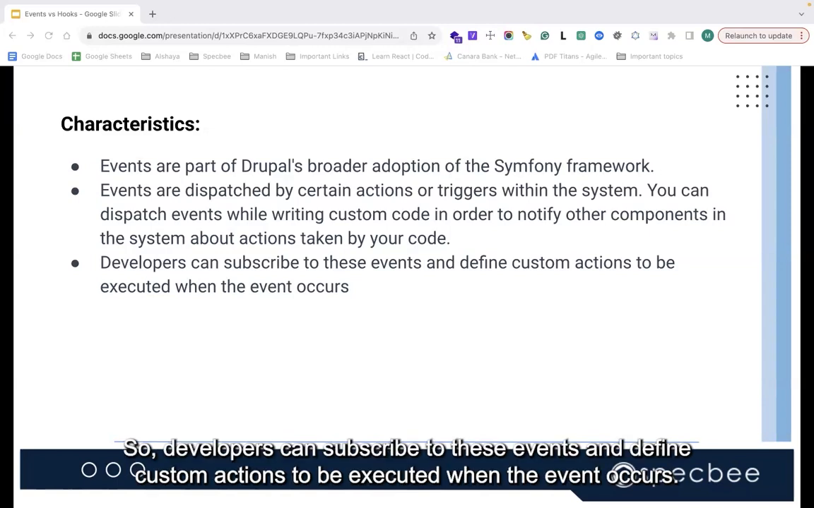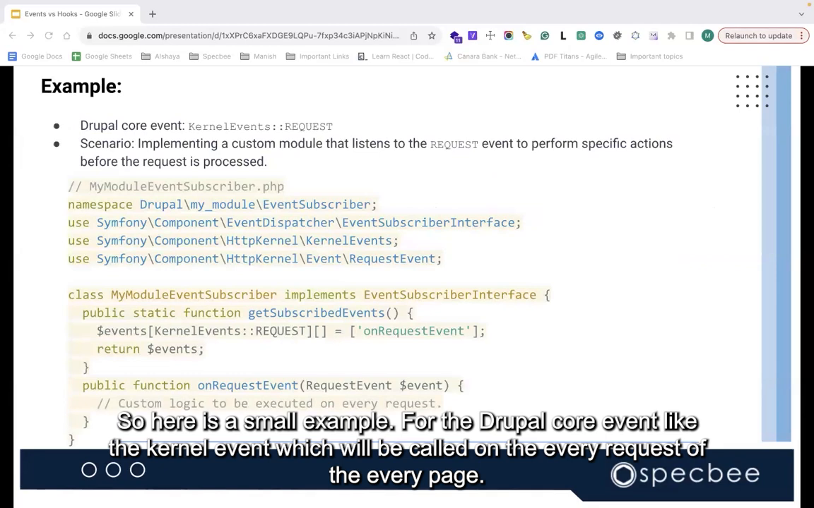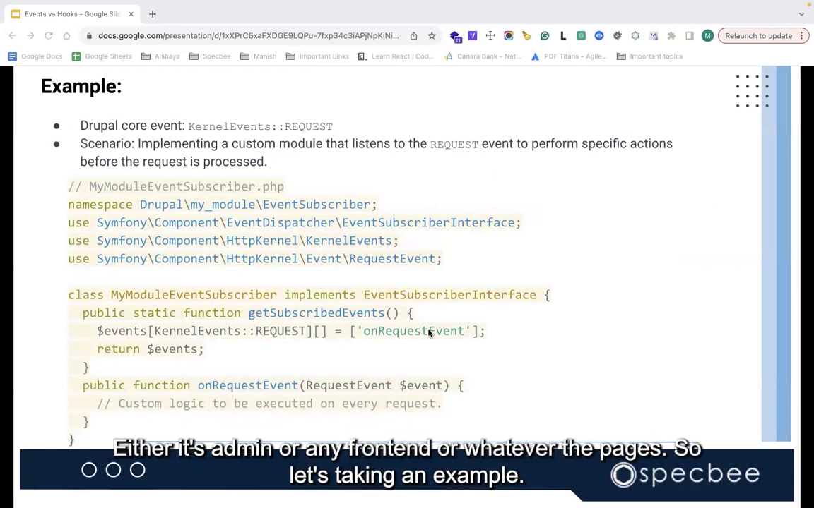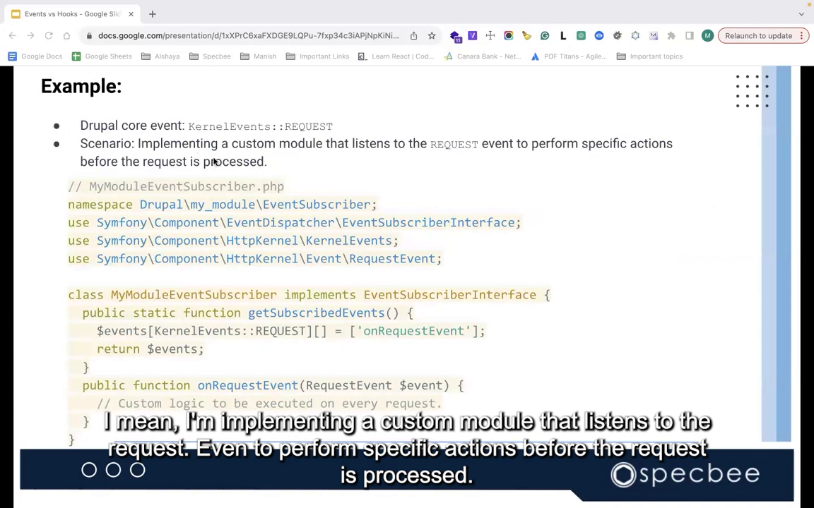Developers can subscribe to these events and define custom actions to be executed when the event occurs. Here is a small example for a Drupal core event, like the kernel event, which will be called on every request of every page, whether it's admin or front end or whatever the page is. Let's take an example: I'm implementing a custom module that listens to the request event